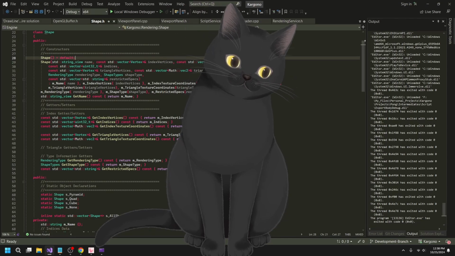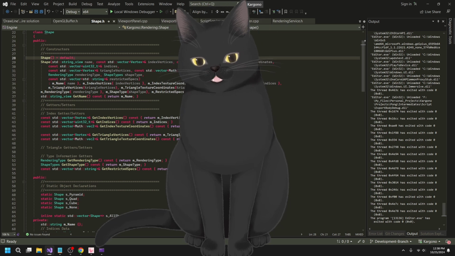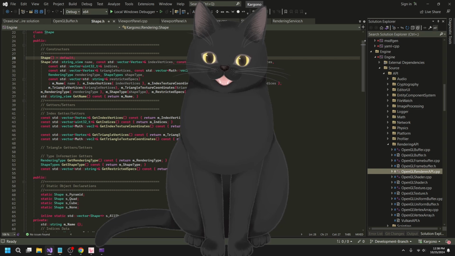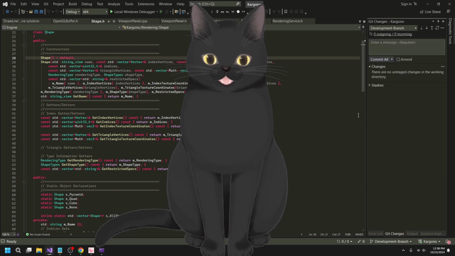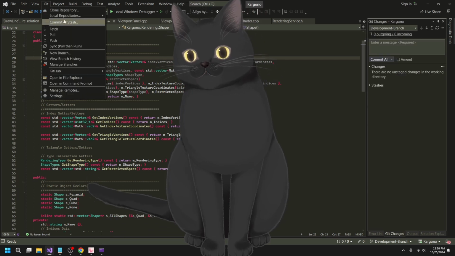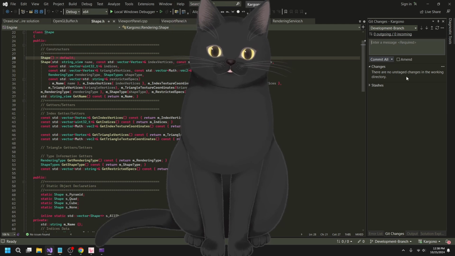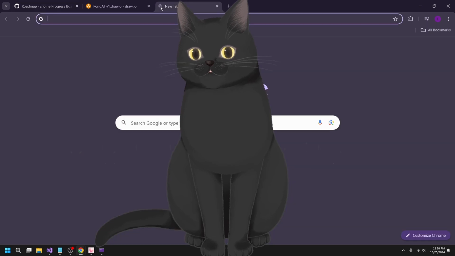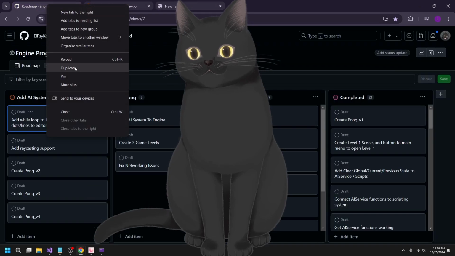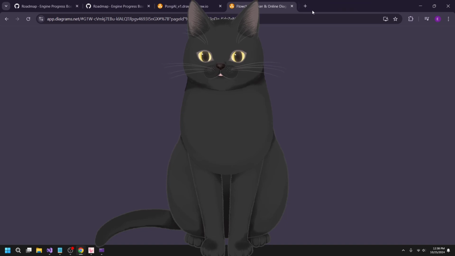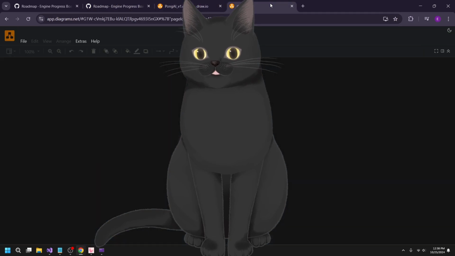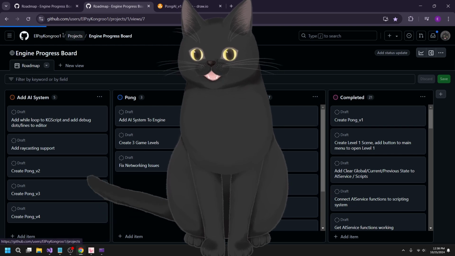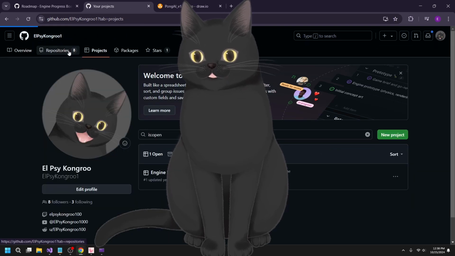Oh yeah, sorry. Before I get started, let me explain the two commits that I did. The first commit, all I did was fix a little bug. Let me see if I can look at my commit history. I believe I can look at it on here, but it's probably not the best looking. Actually, let me duplicate this. Let me head back to my repository.